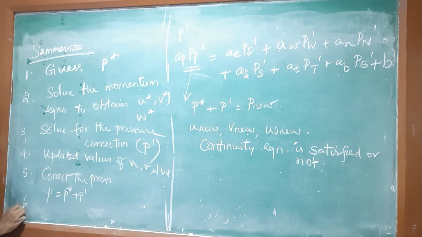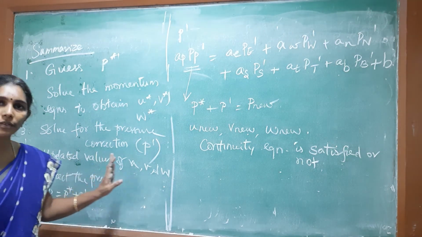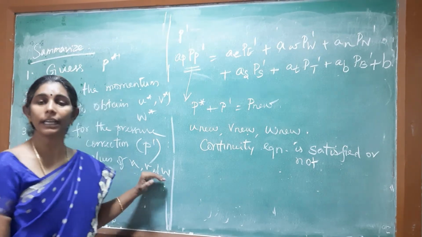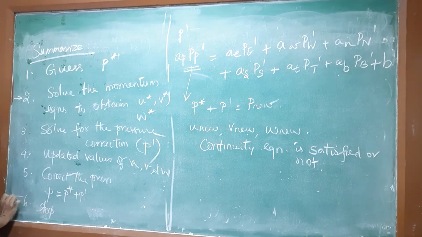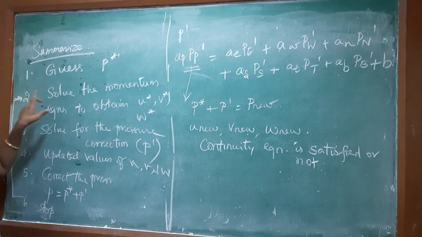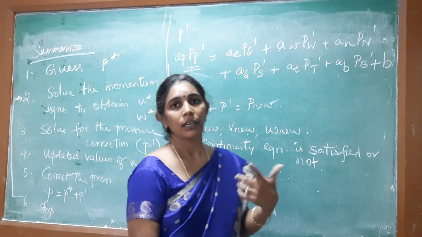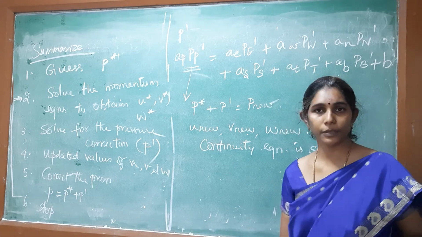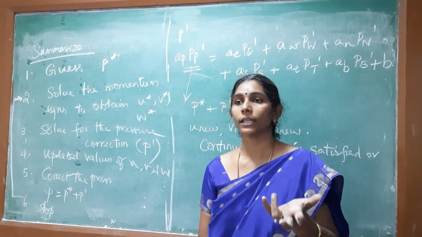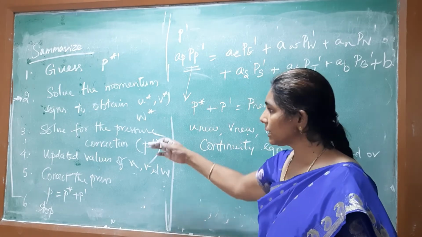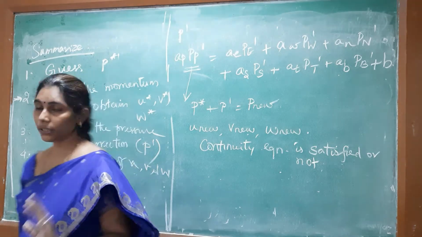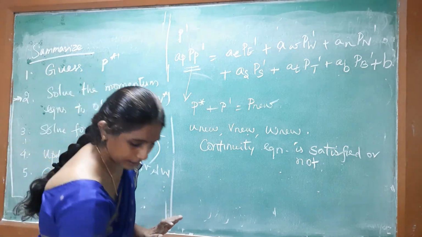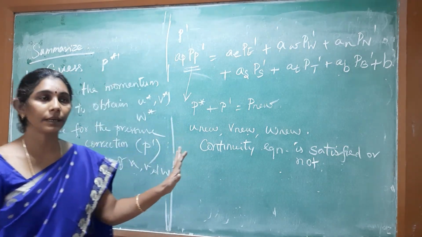After we correct the pressure, now we'll have to check whether these values of velocity are satisfying the continuity equation. If it is satisfying, we'll stop here, else we'll have to continue from step 2. Here it is either going to be a stop or continue the iteration starting from step 2. So this depends on the type of problems, whether it's compressible or incompressible, or the nature of the problem, right? So this will go on for a number of iterations. So this is about the simple algorithm. There are some salient features for this simple algorithm. We'll see that.